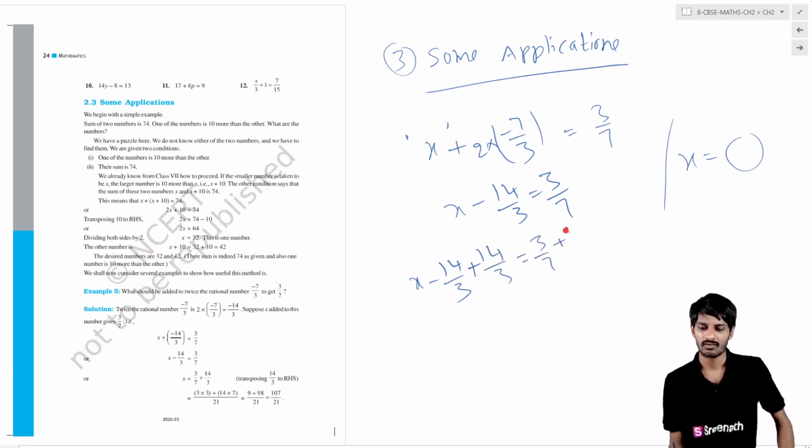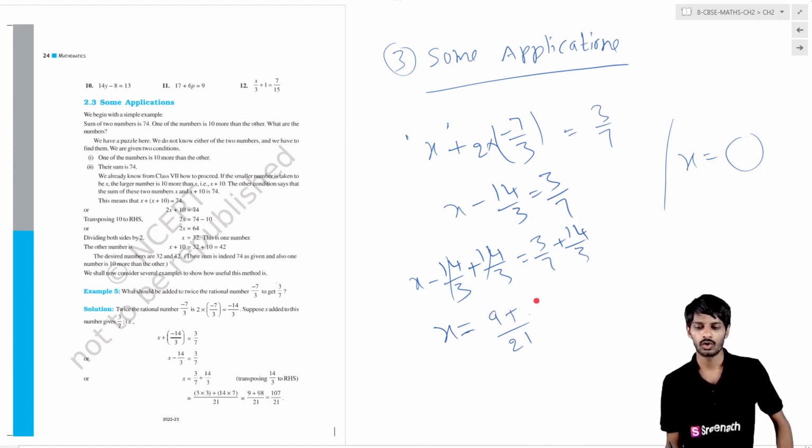3 by 7 plus 14 by 3. In this way these two will get cancelled out, and finally the x value is there. So x equals 3 by 7 plus 14 by 3. So find the LCM. That is 21, and 3 into 3 is 9, and 3 into how many times? 7 times. So 7 into 14, 14 into 7. So the final answer will be